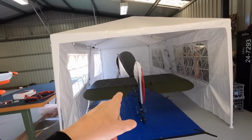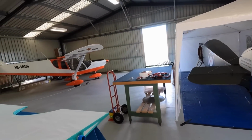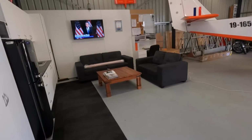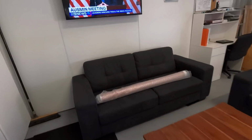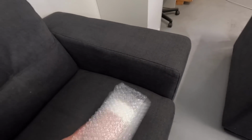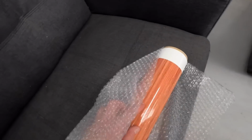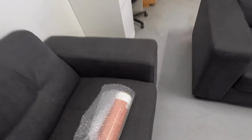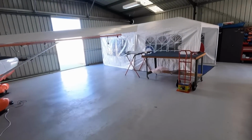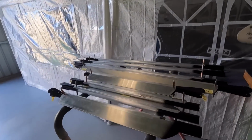I'll put the wheels on the Camel, come around and park it here, and it's going to get serious. I got over here on the couch, I got my wood grain vinyl from the sign writer, not cheap, 1200 by 2.4. There's my wood grain, proper 3M wrap to go on my wing struts. Probably making you guys seasick. On my wing struts,